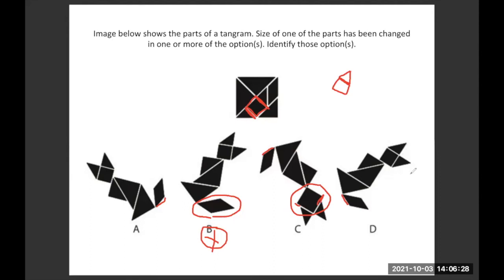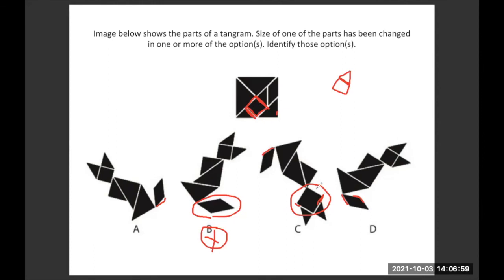Here all shapes are correct. There is no differentiation. There are two bigger triangles, there is one smaller triangle which is of this size, and there are these two triangles which are related to the square. And this edge part in option D is similar to what you are seeing in A also. A and D are practically similar and they are rotated. There's no other differentiation between options A and D.